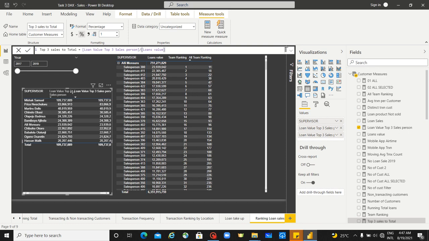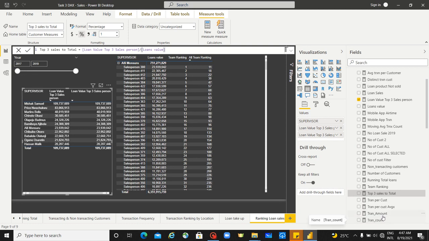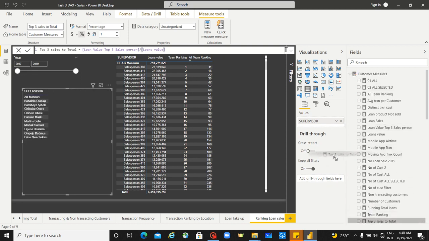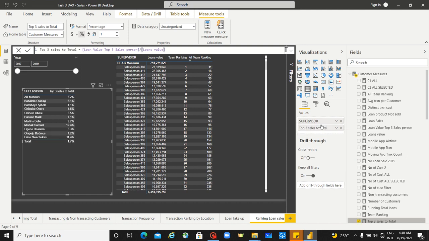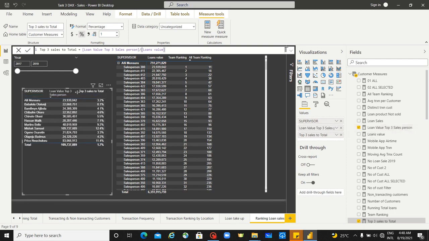Okay, let me adjust this. Oh no, I didn't put the right value. Okay, oh wow. So top 3. So this is the ratio. Let me put the value in there. Okay, you can see nicely. This is the value, this is the ratio. So I can sort